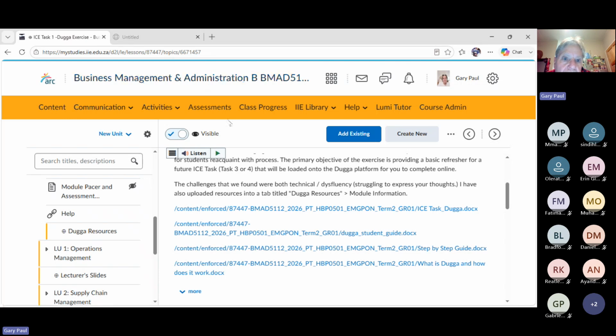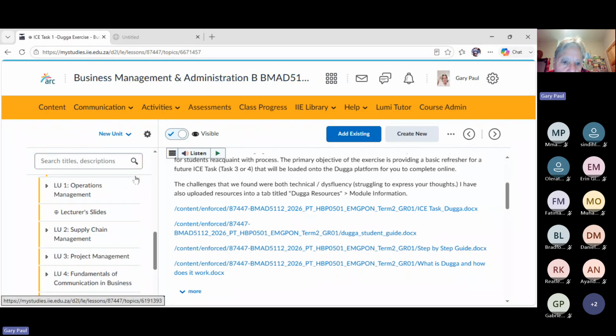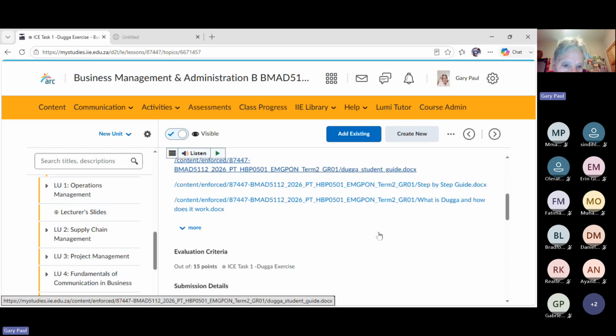Okay, so we're now back in ARC. The second document there is a student guide, a Dugga student guide, which tells you how to do it and refreshes your memory. Then the next one is a step-by-step guide. So you've got two guides that can help you there. And then we've got "Dugga and how does it work". So there are three documents there that you can go through to refresh your memory before you do the ICE